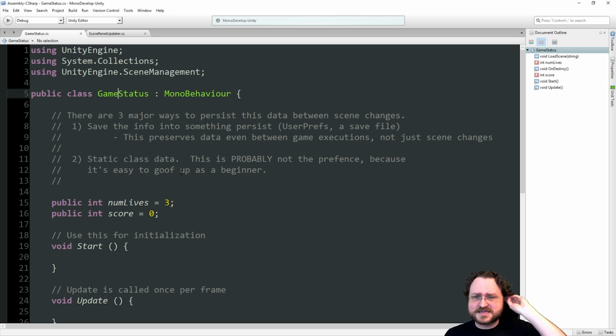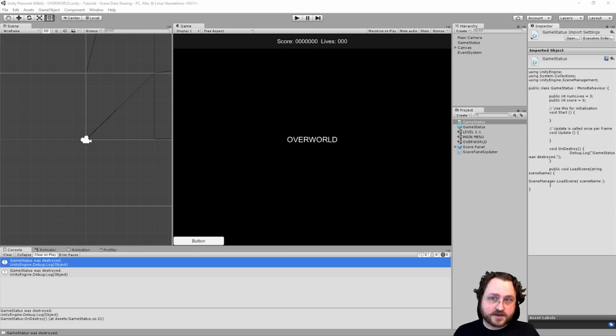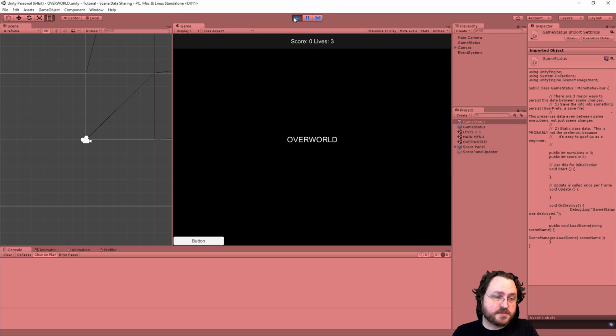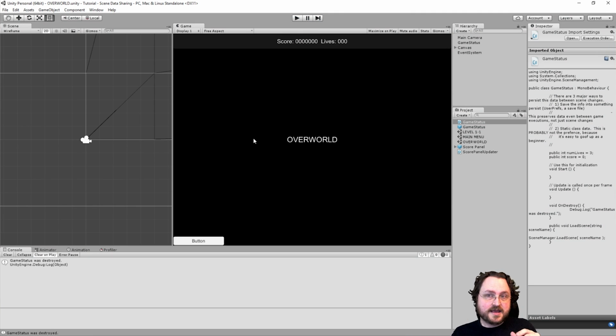Also, every now and again, anything that's static like this gets a little bit wonky in Unity. When you're in the Unity editor and you play a game, and then you hit the button to stop the game, the game was actually running within the Unity editor memory, and I don't think the statics get cleaned up at that point. I think they do get cleaned up on the next play, but it leads to some really oddball behavior in there. So